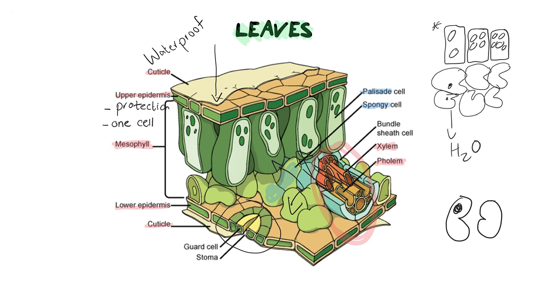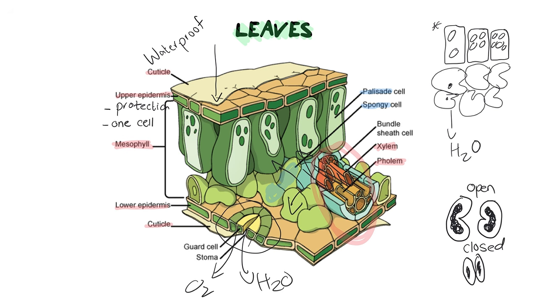And what happens is they have really, really large vacuoles on the inside. So this little black area here is going to be my vacuole. And what we do is we fill that vacuole up with liquid, or we drain it to make it open or closed. Now, right now, this stomata is open, whereas this stomata would be closed. And that's how we open and close the stomata to allow specifically gases, but also water to leave the leaf